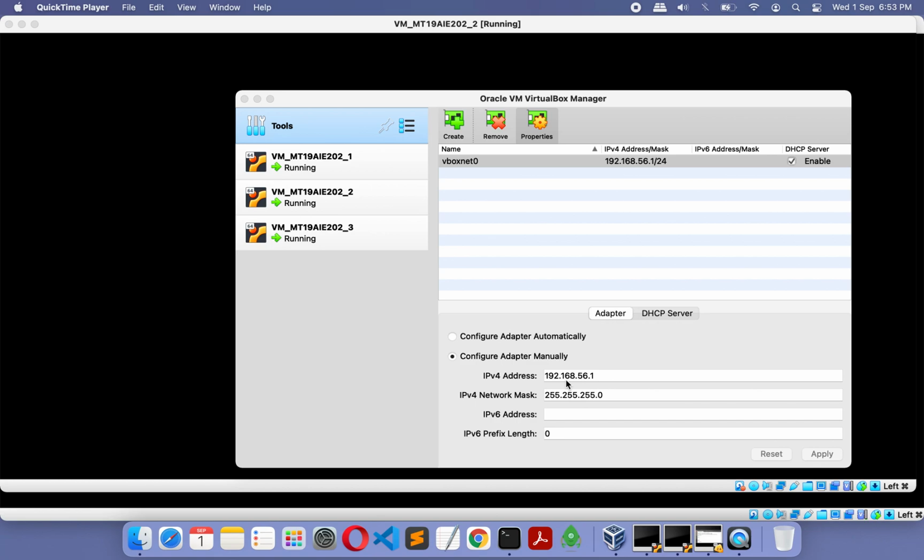We'll not go into detail about all the network modes. Our objective here is to allow host to guest, guest to guest, and guest to outside world communication, and how it happens. That is what we are going to see. We'll set up a NAT network with a custom CIDR which has the IP range of our host machine. The NAT network allows the VMs to access other hosts in the physical network, including the internet, and to communicate with other guests as well. The other adapter that we'll set will be a host-only adapter with the IP range of our host machine. We are setting host-only as it allows communication between host and guest machines.